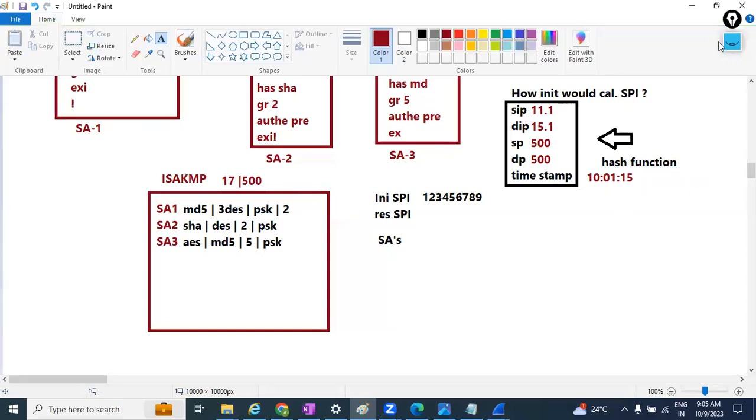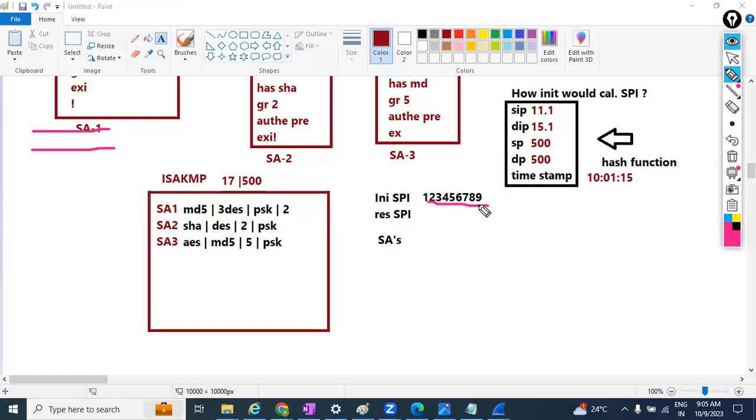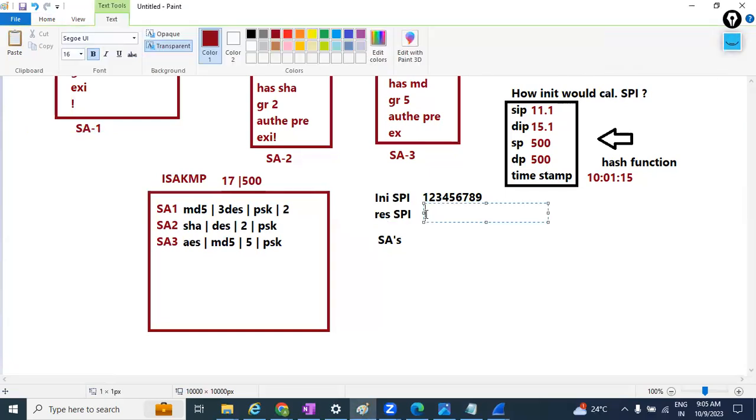Okay. This is the details about the source. But see, this is my initiator SPI right now. I have calculated it because I am the initiator. But can I calculate the responder SPI? No, I cannot calculate the responder SPI. So that's the reason in the first message, the responder SPI would be